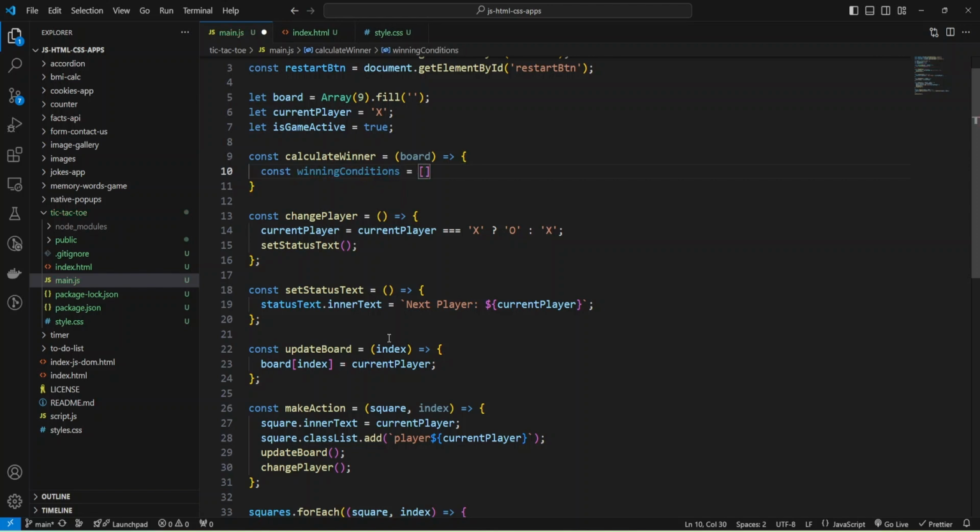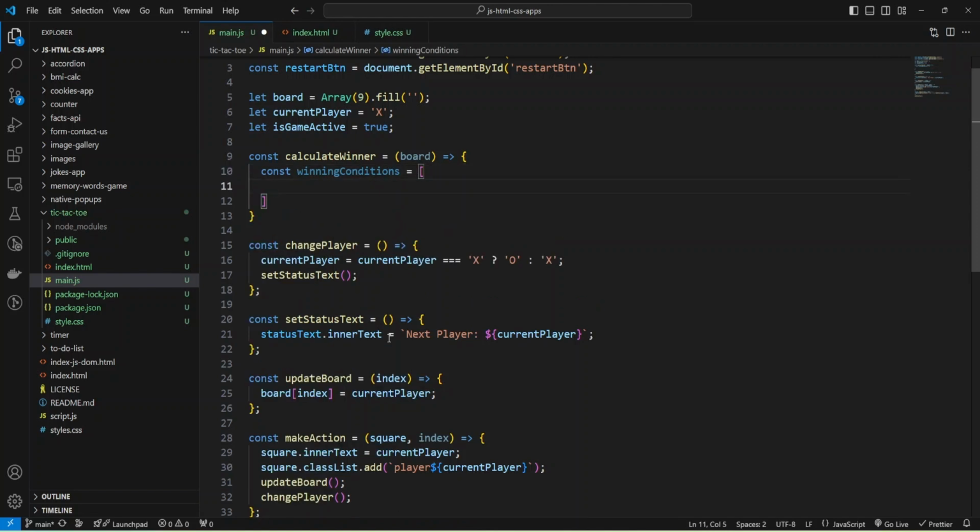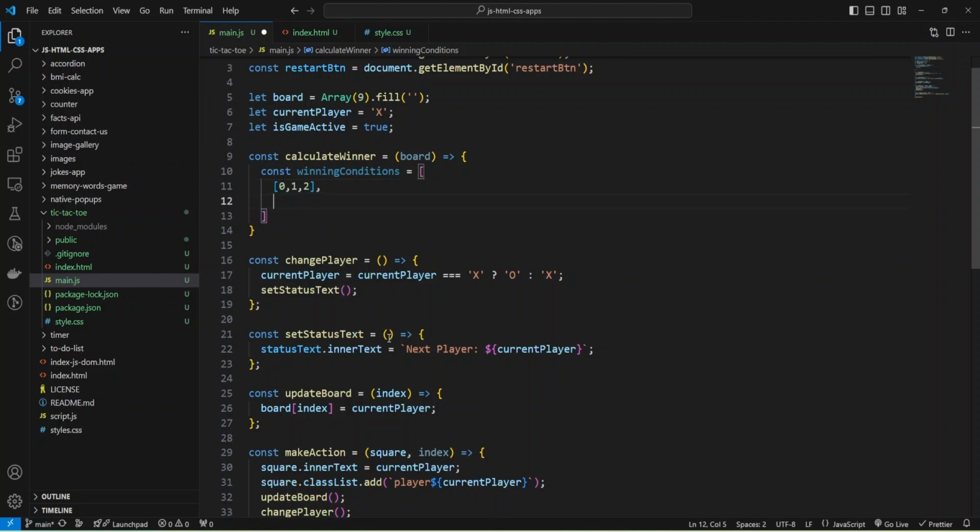It will be array of arrays, and each array will be possible winning combination. And first of all, I need to provide horizontal values,